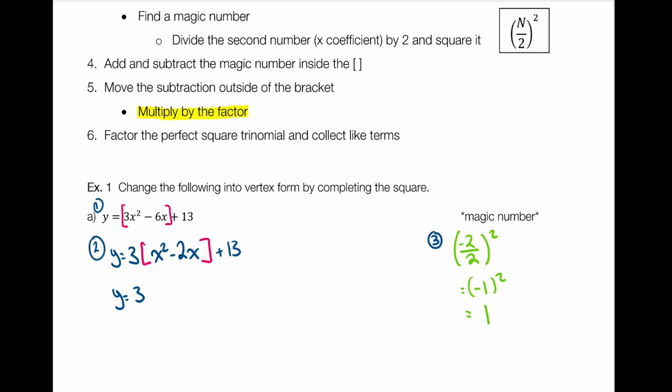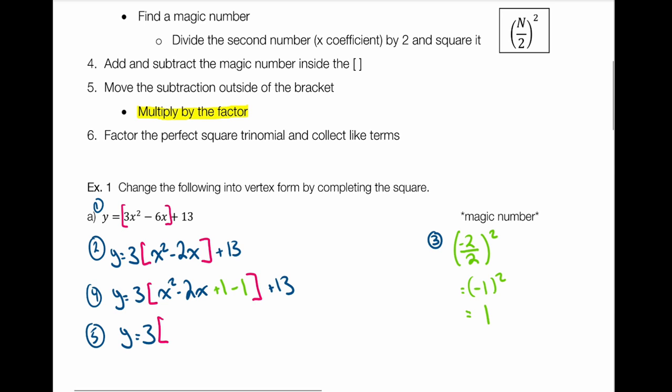I'm now going to put that number inside that bracket. I'm going to add and subtract it. So plus 1 minus 1. The plus 13 is still on the outside. So that was step 4. Step 5, that value inside the subtraction, that's going to come out. So 3 is still there, x squared minus 2x